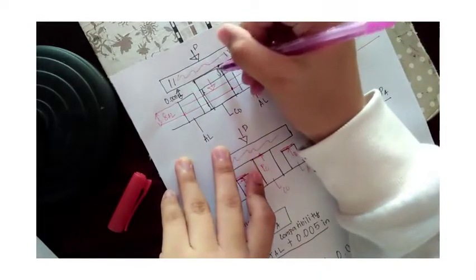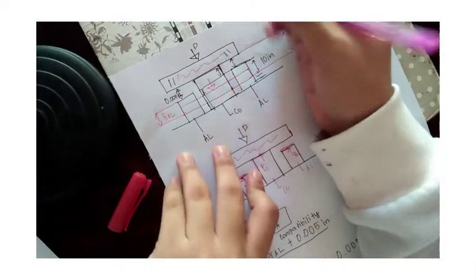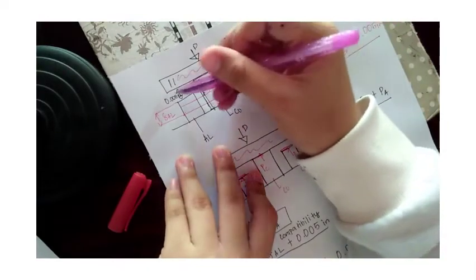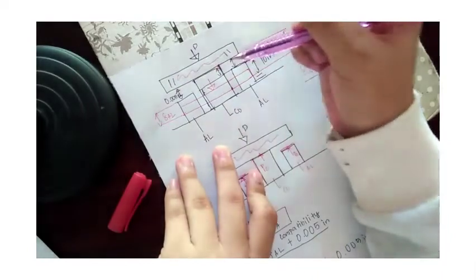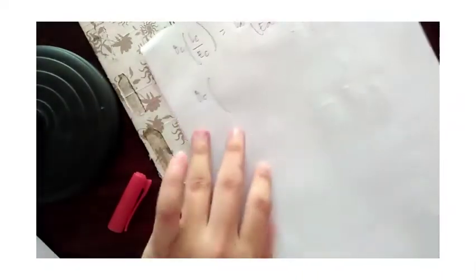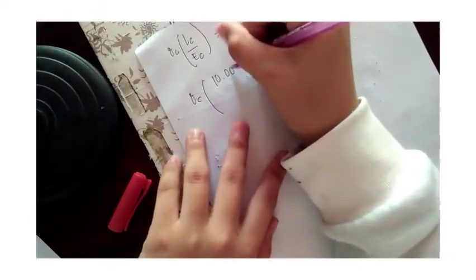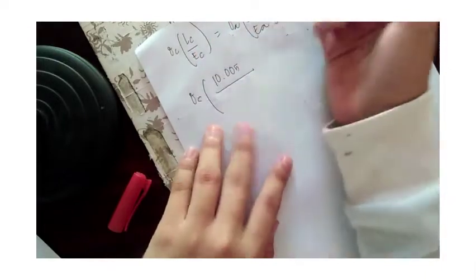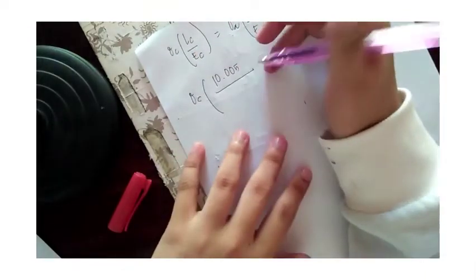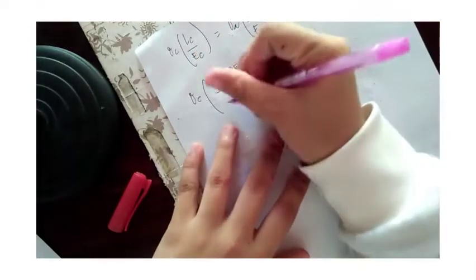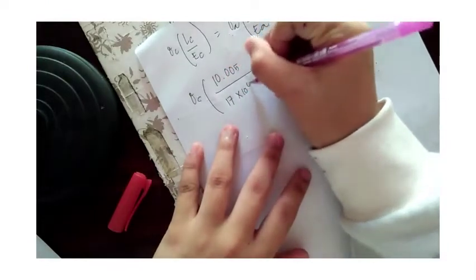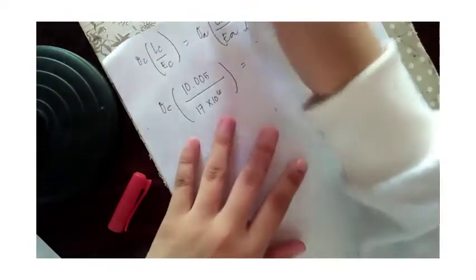So, yung 10 inches, add lang natin para makuha natin yung length of the copper. So, 10 plus 0.005 inches is equals to 10.005 inches. Then, elasticity ng copper is given naman, which is 17 times 10 raised to 6